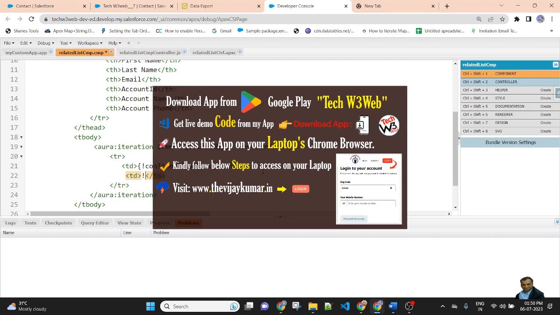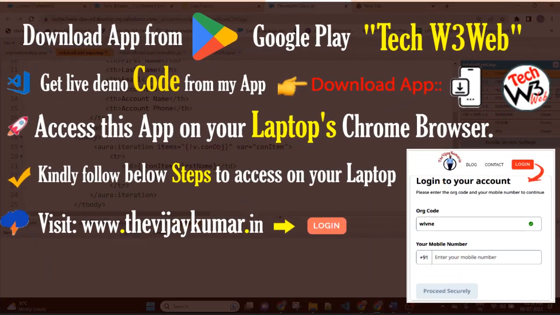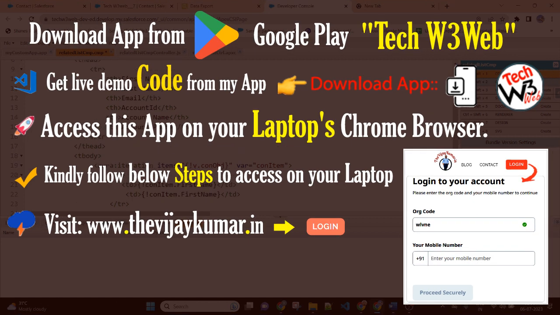TD. So here copy this TD and paste it, six TDs in total. And here pass the name of the field.